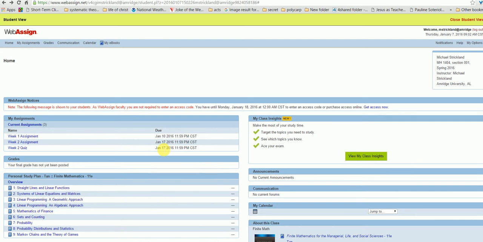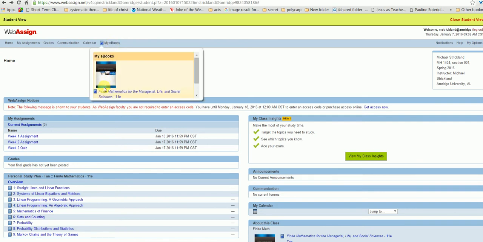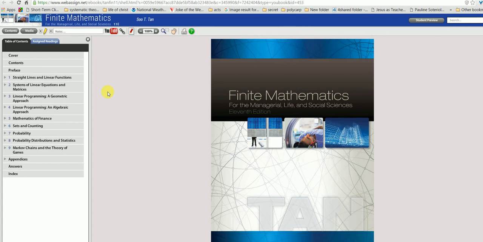Now, what you're going to want to do before you complete these assignments and take these quizzes is to look at the textbook. And the way you're going to do that is go up to the menu where it says My eBooks. You're going to left click on that and then click on Finite Mathematics for Managing Your Life and Social Science. That's our book. So when you click on that, it's going to pull up the online version of the textbook,